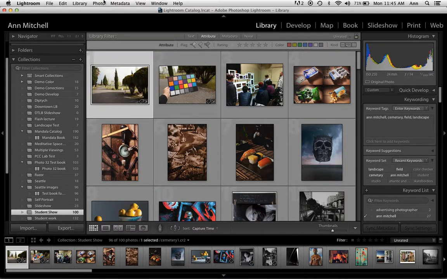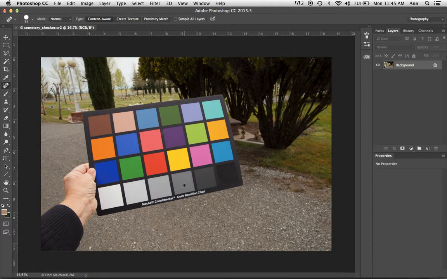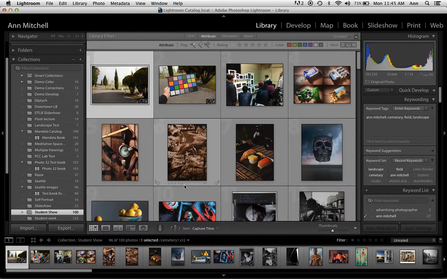Now, I'm going to switch over really quickly to Photoshop because that image is already open. So the image would already be opened and ready to work on. You'd still have to save it.